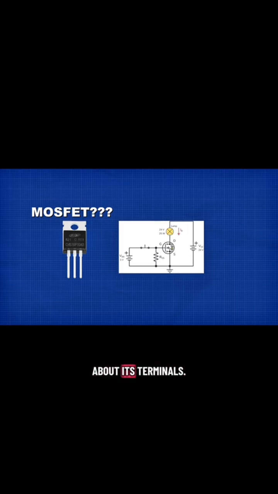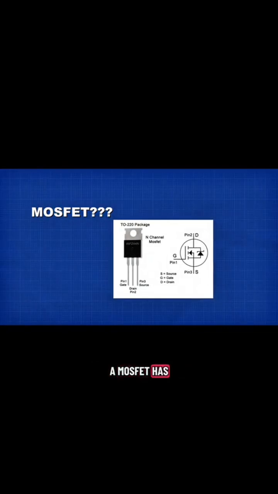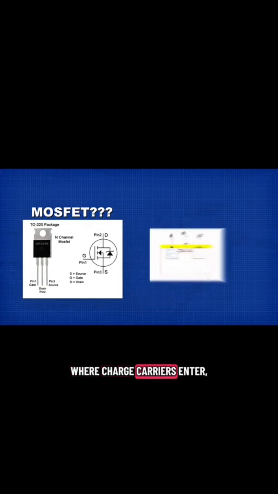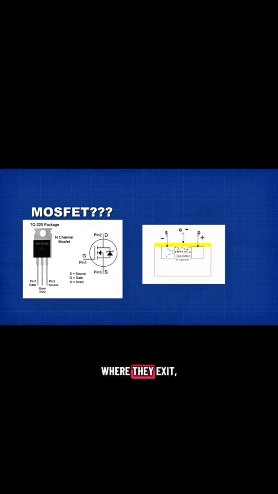Now let's talk about its terminals. A MOSFET has 4 terminals: source, drain, gate, and body. But in most practical circuits, the body is connected to the source, so we usually treat it as a 3-terminal device. The source is where charge carriers enter, the drain is where they exit, and the gate is the control